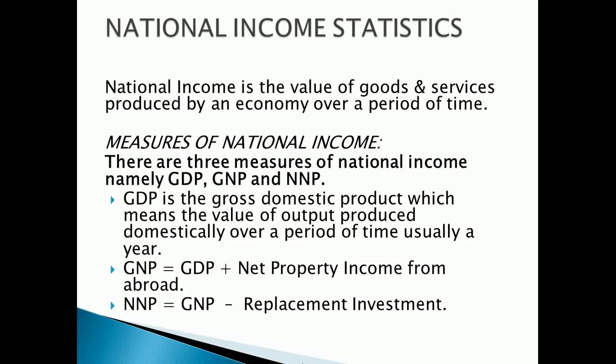From the two-sector model, we will see that the resources, such as land, capital, entrepreneur, flow from household to businesses. And then we'll see that in the opposite direction, money flows from businesses to the household in form of wages, in form of rent, in form of interest and profit.